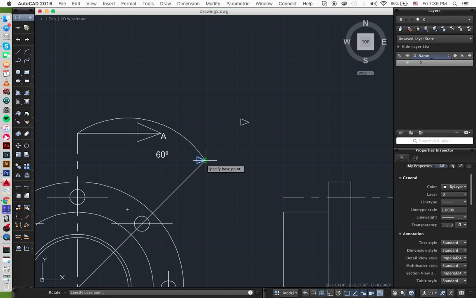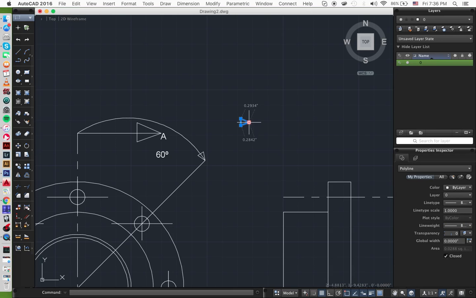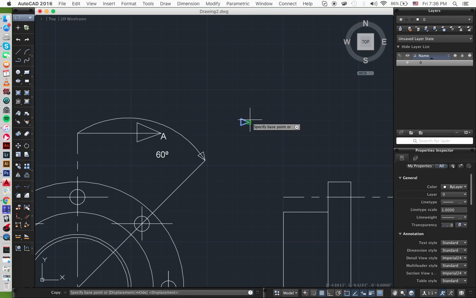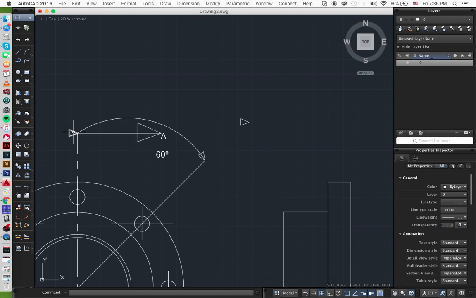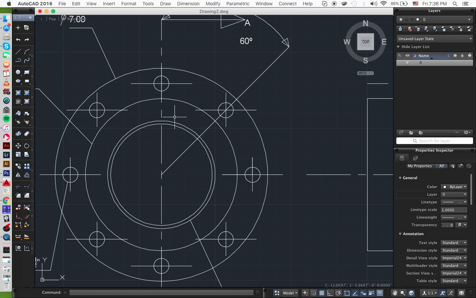Type in your rotate function, bring your base point, and you just rotate her as you see fit. Okay. You take it here as well. Press copy. You can move her over there, and then you rotate her as you see fit as well. Okay. So that is the first one. I think the video might be big now, so I can't stop